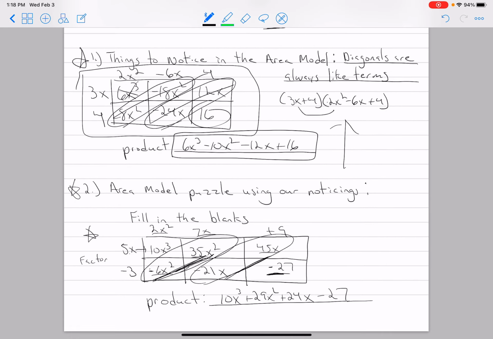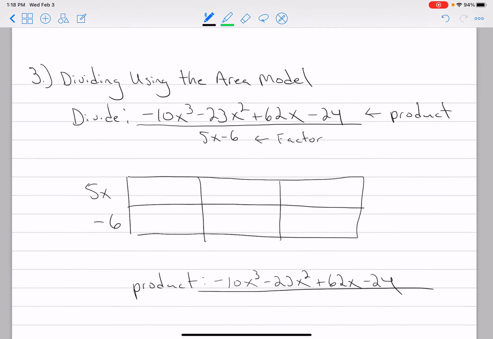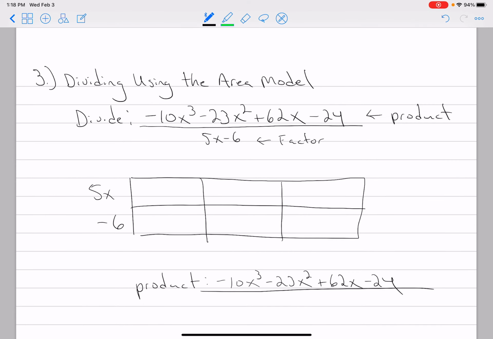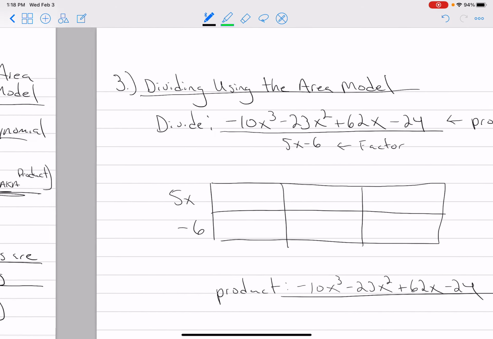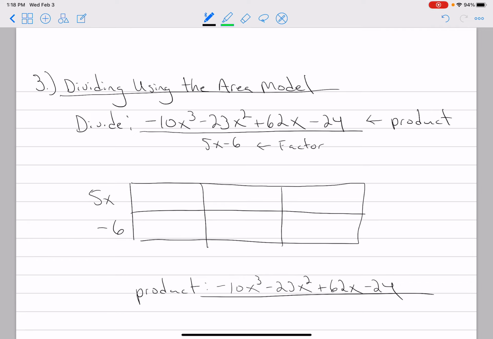And you guys have been doing that before. All right. Let's put it all together. We're going to be doing this in class tomorrow. Now, we're going to divide using the area model. Back to where we started, let me go back to the very beginning. We said we were going to divide this, so now we're dividing it. Negative 10x cubed minus 23x squared plus 62x minus 24, that's the product, divided by 5x minus 6, that's the